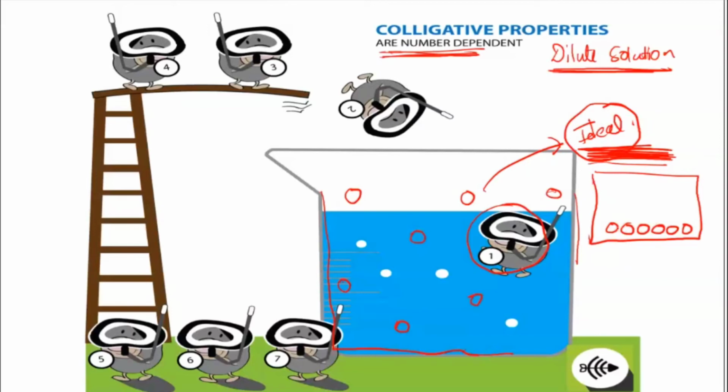But if you put students very far from one another, like how you were sitting, that's almost like an ideal condition. On one bench hardly two people were sitting, correct? Because of corona and social distancing. So when there is social distancing, interaction becomes very less. When the interaction becomes very less, their behavior also will be like an ideal solution. So that is the reason why we take dilute solutions, because their behavior is almost like ideal behavior.